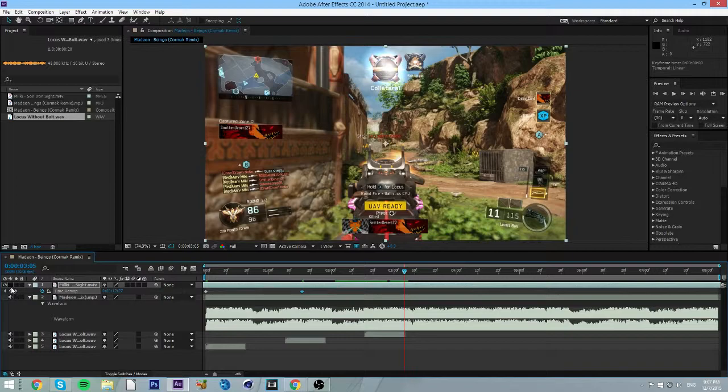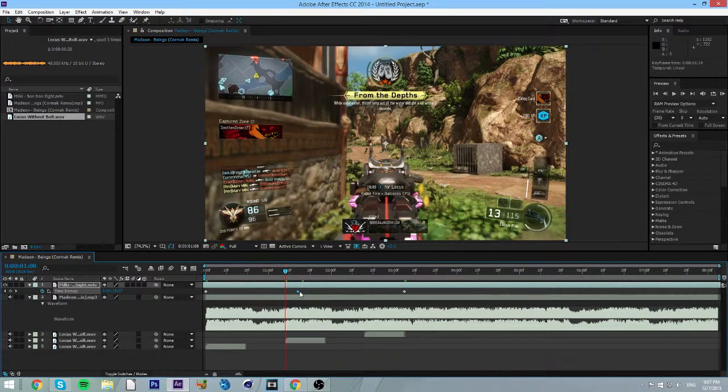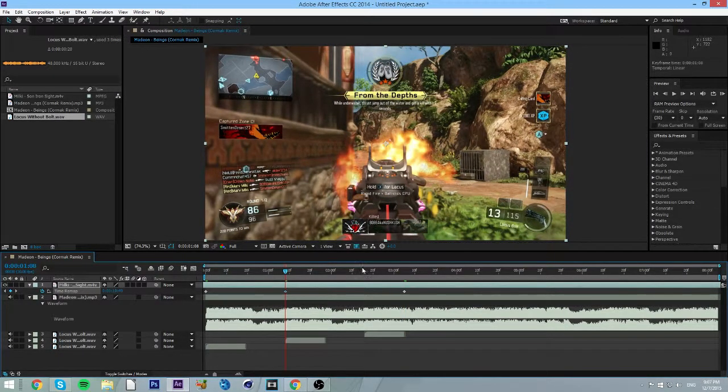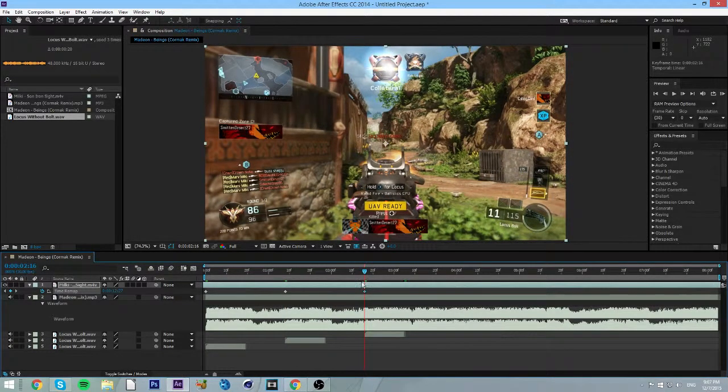Press another keyframe. Now what keyframes basically do is they tell the program that at this particular time you want this frame to be shown on the video. So there we go. Now just kind of drag this. What you basically need to do is drag the keyframe, the diamond shape, onto the